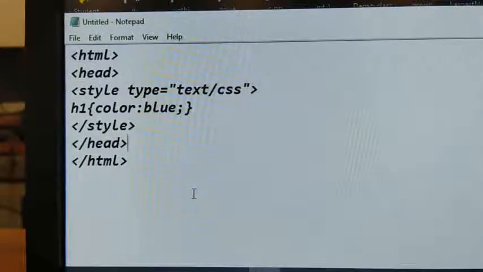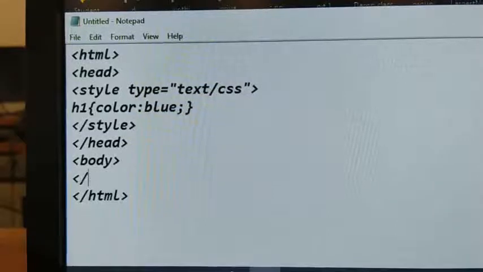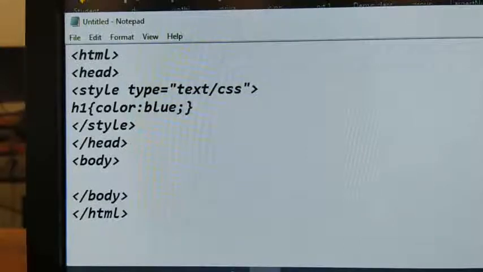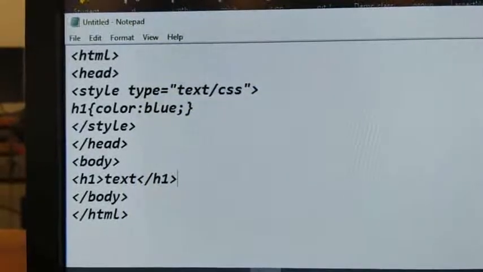Now come to the body section, the body tag. Inside the body tag, you give the tag to which you have given the property. Here I am giving an H1. Above I have given the property for H1, no? So here in the body section I am writing an H1, H1 text, closing H1. Now save it.